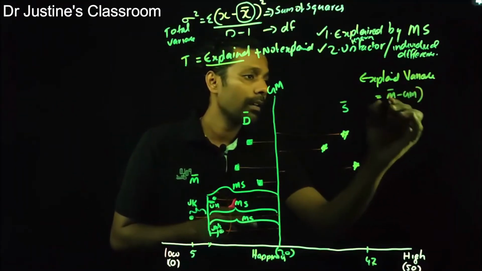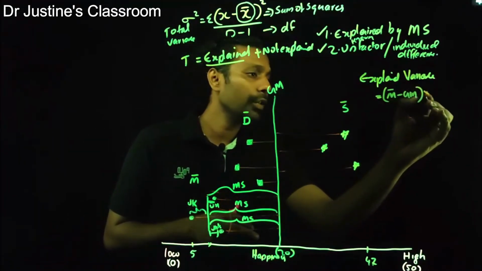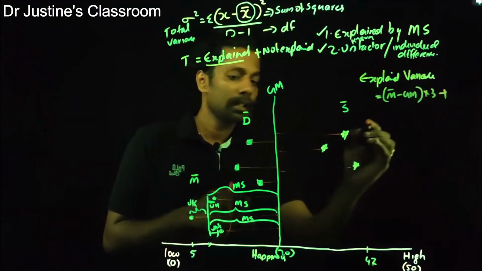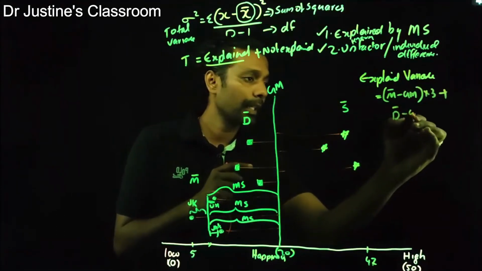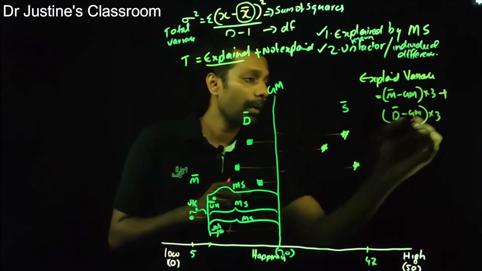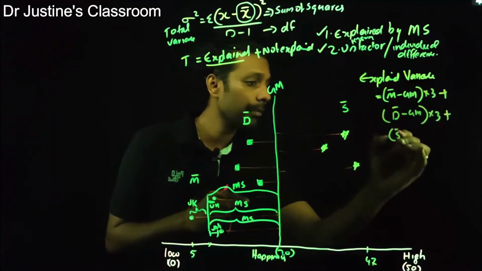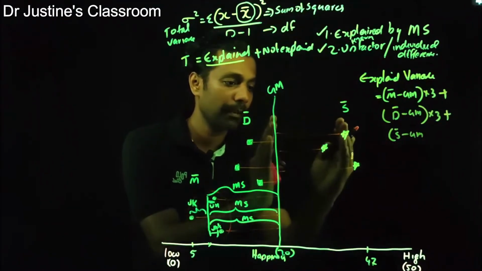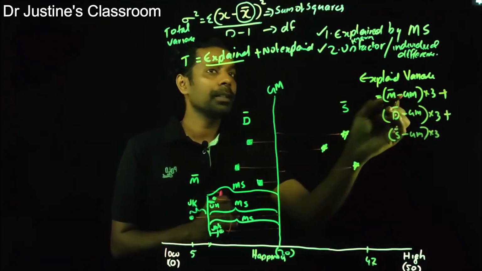Okay, this is for one observation, second observation, third observation. So into 3. Otherwise you write it 3 times. Plus the mean of the divorced people from the grand mean, into 3, because I have 3 observations, plus the single men, their mean, somewhere here, and the grand mean, that is this gap. Okay, into 3. So this is the variance that we are explaining.